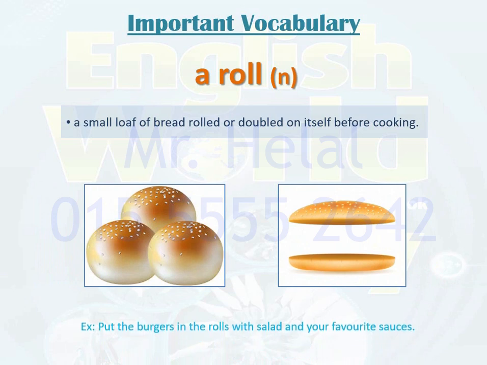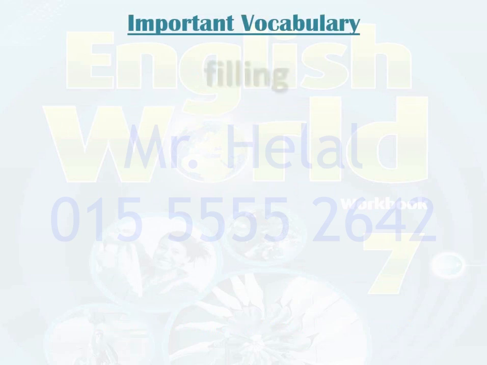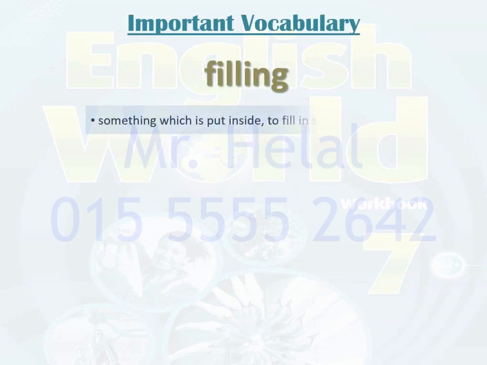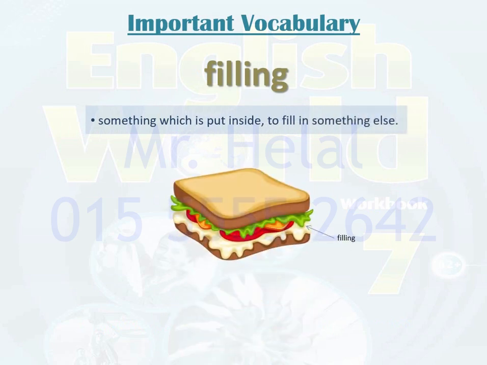Example: Put the burgers in the rolls with salad and your favorite sauces. يعني حط البرجر في الخبز ومعاه السلطة أو أنواع الصوص المفضلة لديك. Filling. Something which is put inside to fill in something else. الفيلينج هو الحشو اللي احنا بنحطه جوه حاجة أو بنعبيه جوه حاجة، زي مثلا في الصورة اللي عندنا هنا ده